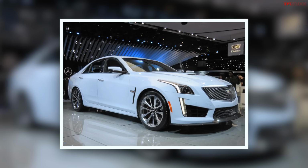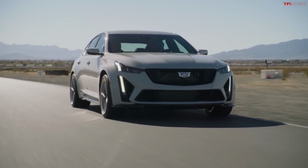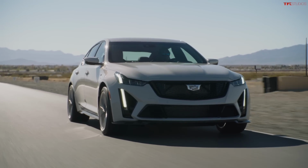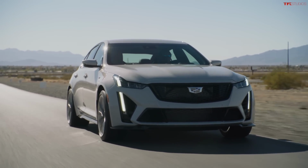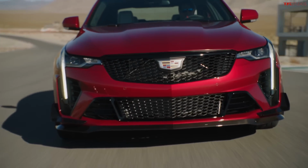This thing was truly incredible, but it died a few years ago, and we really haven't seen anything on the same performance caliber since. I mean, we've had a couple of fast-ish Cadillacs, but nothing with the crazy fire-breathing supercharged V8. That's changing today, guys, because the new CT5-V, wait till you hear the performance numbers. That's going to come up later in this video, but first, let's talk about some of the highlights between the